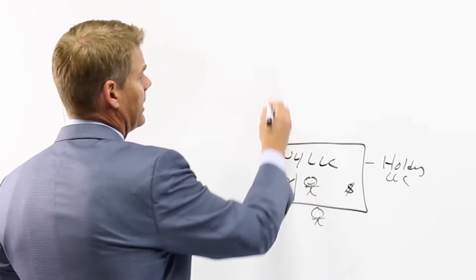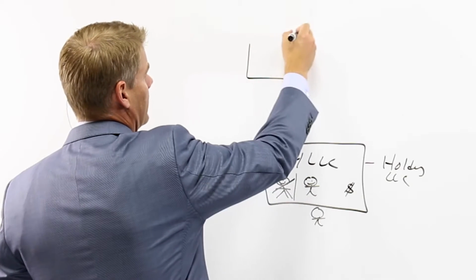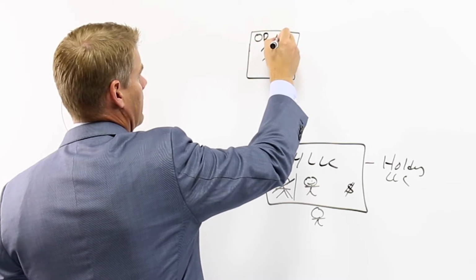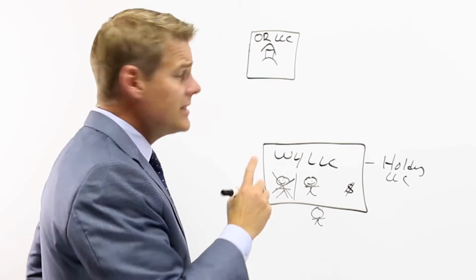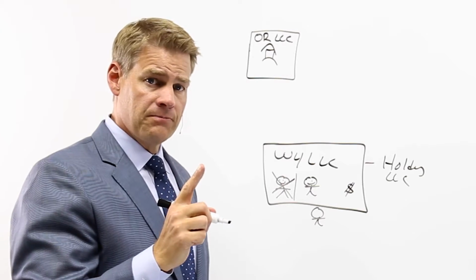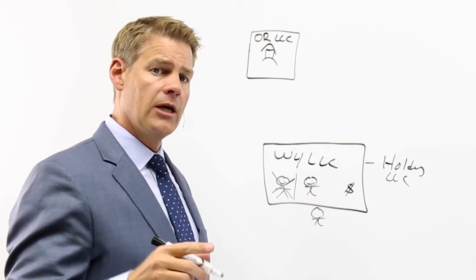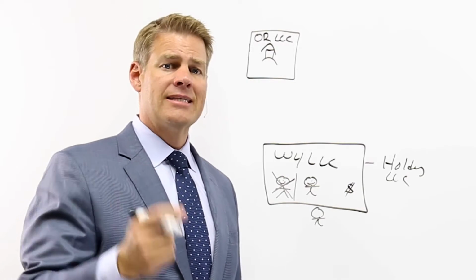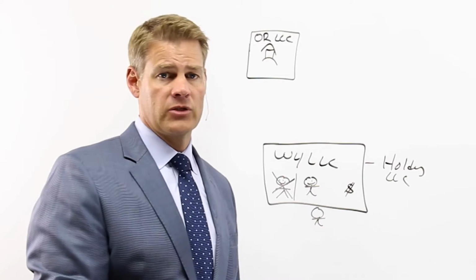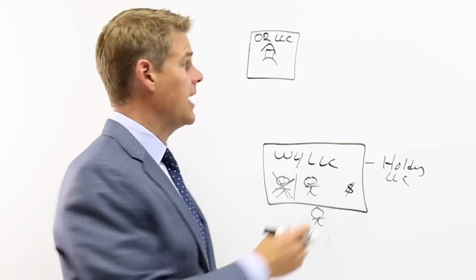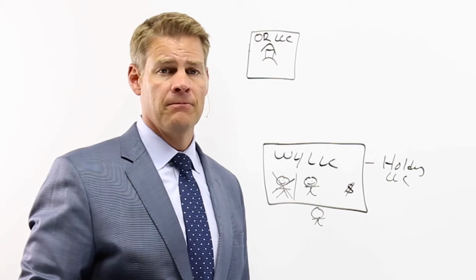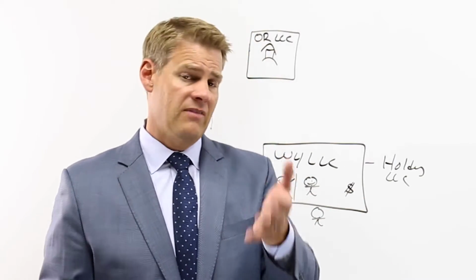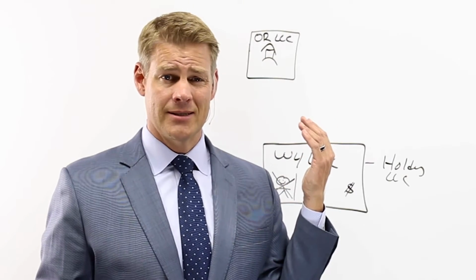Once this is set up, then I will create my Oregon LLC to own that piece of property that we discussed. So here's that Oregon LLC right there. Now, when this LLC is created, we have a choice. We can set it up as a manager-managed LLC or a member-managed LLC. If it's a manager-managed LLC, then you must list the manager with the Secretary of State. And if that's you, your information is now tied to this entity, so everyone knows that you have it. If it's a member-managed LLC, then you have to list the member with the Secretary of State. And if that's you, well, then you're again tied to this entity.